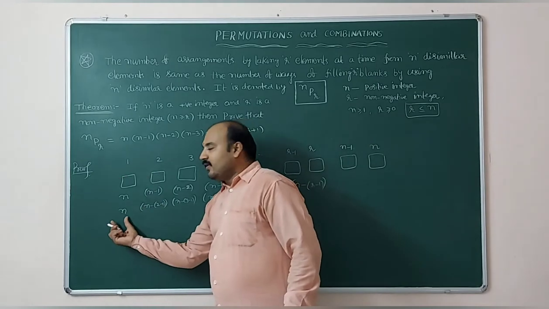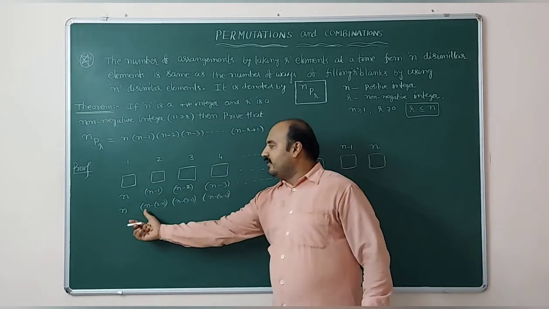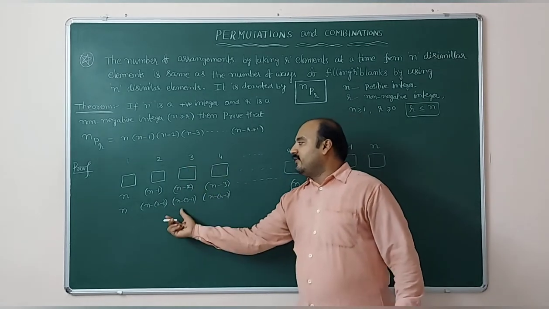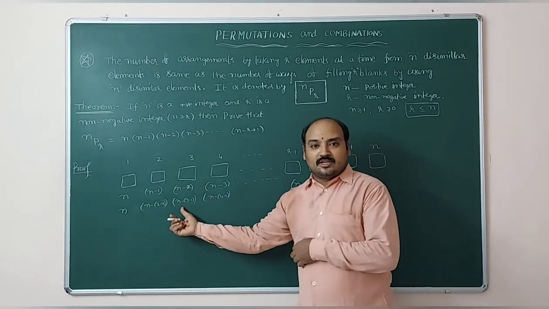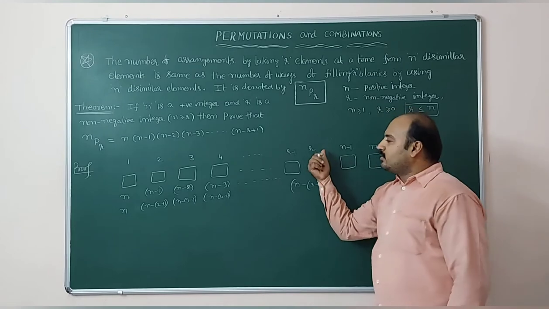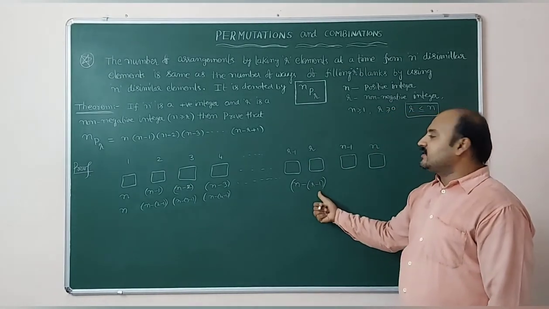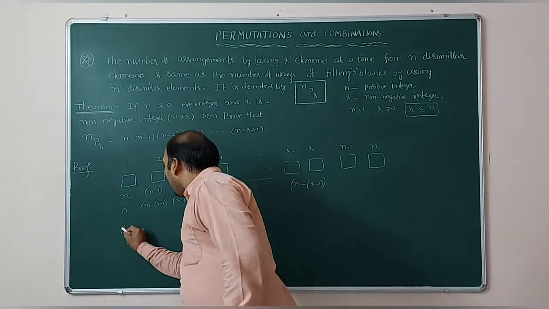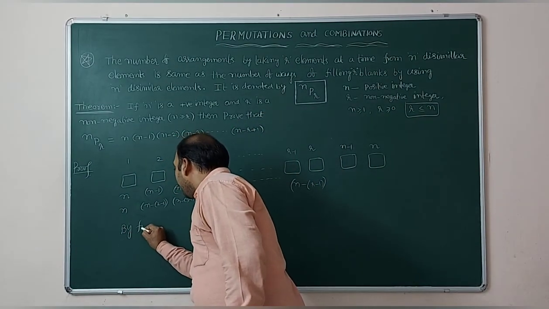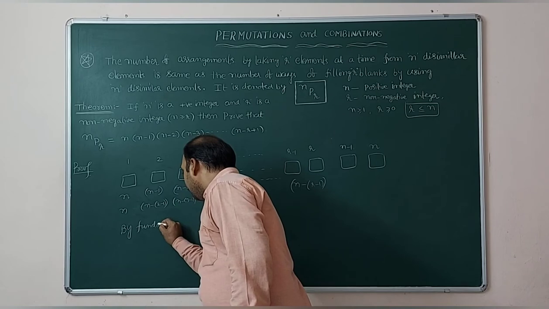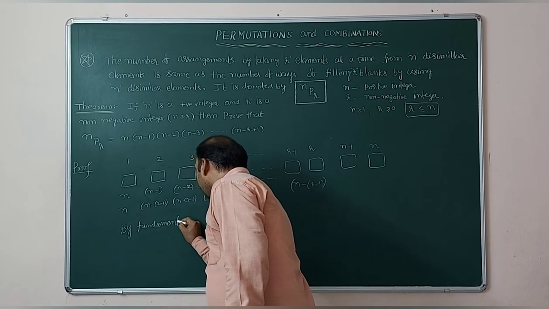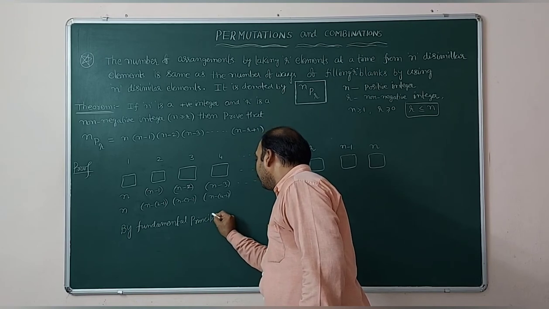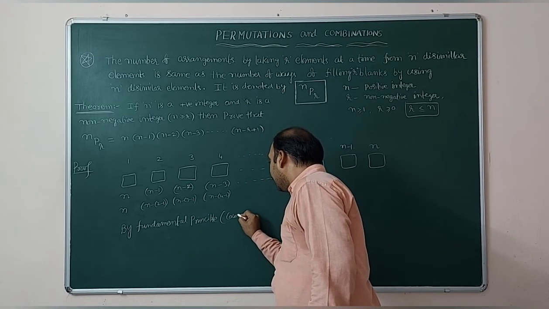The first blank is filled with n, the second blank with n minus 1, that is n minus of 2 minus 1, the third blank with n minus 2, that is n minus of 3 minus 1, and so on. The rth blank can be filled with n minus of r minus 1. So by using the counting principle or fundamental principle,